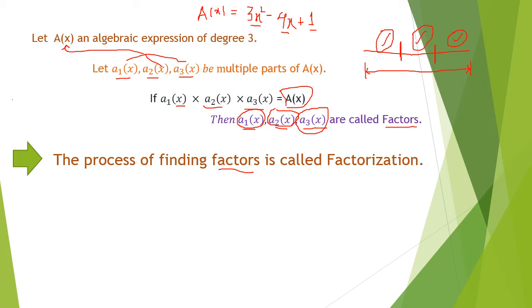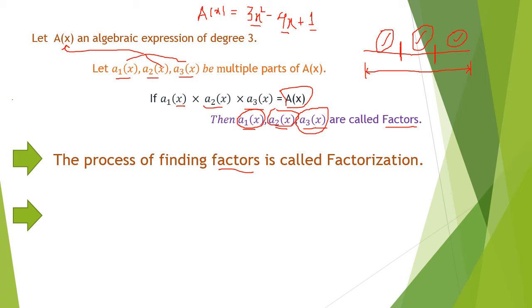There are different processes, and that process of finding the factors from a single algebraic expression is called factorization. What is factorization? It is just a process of finding the factors. And what are factors? Factors are those algebraic expressions